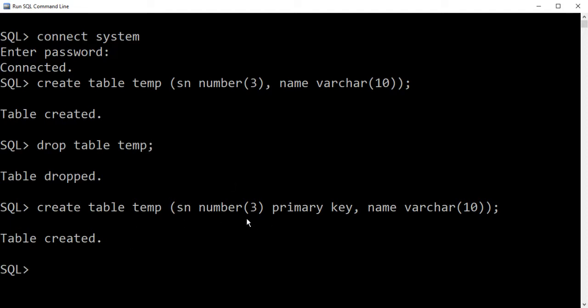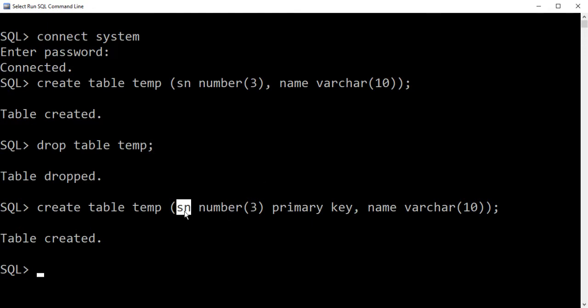Now the table is created with two attributes. One attribute is serial number and the next attribute is name, where serial number is declared as a primary key attribute. Okay, so remember that a primary key has two properties. First is not null and second is unique, meaning we cannot enter duplicate entries in this column. Every time we enter, the value must be unique. The second property is that the value cannot be null, meaning we cannot just press enter or leave this column blank. Okay, so this was the first method of creating the primary key.